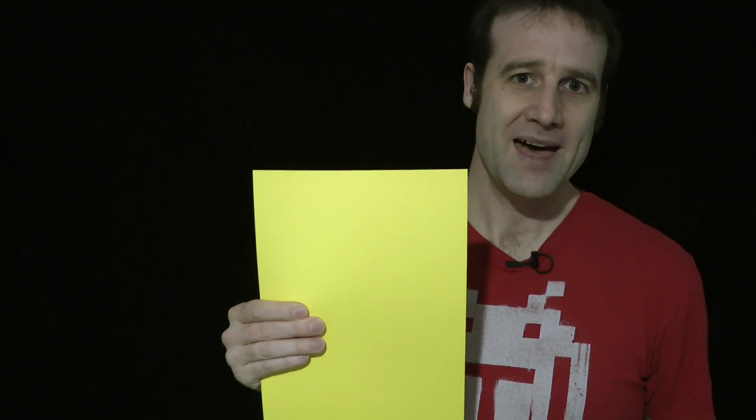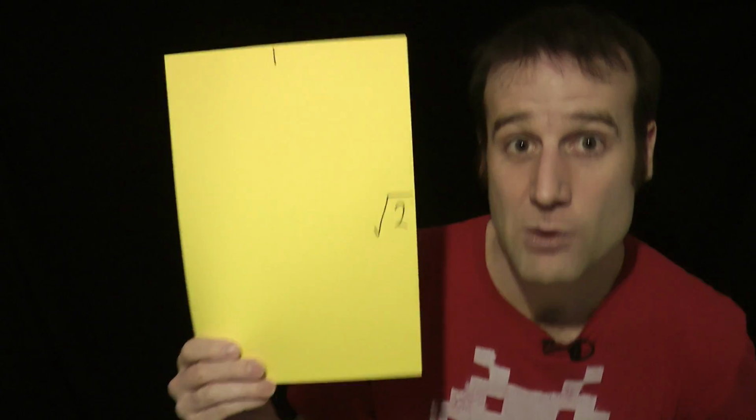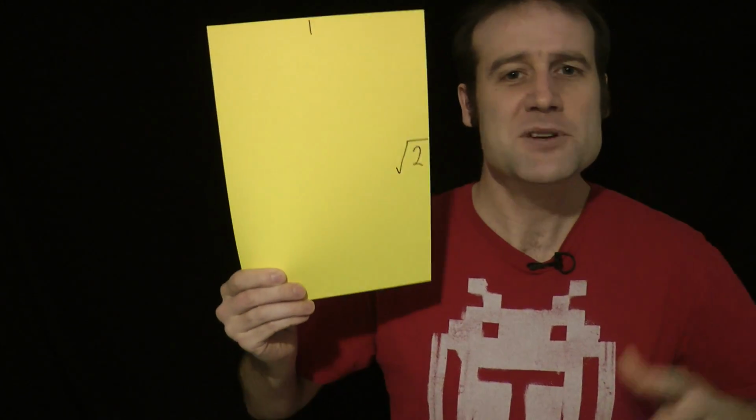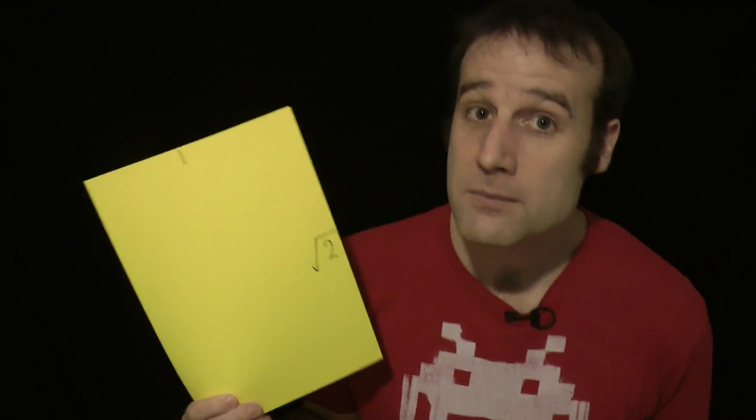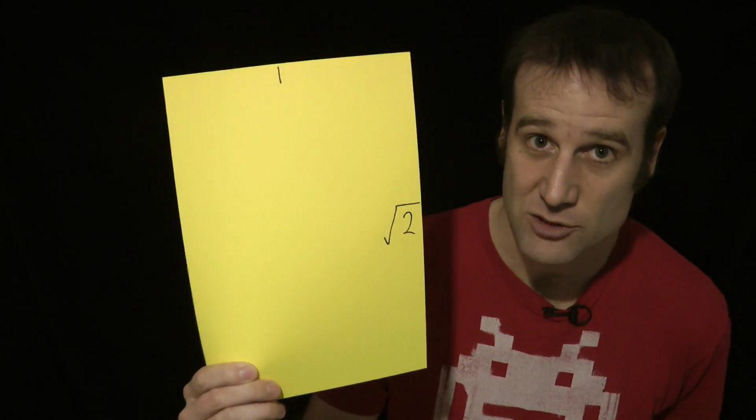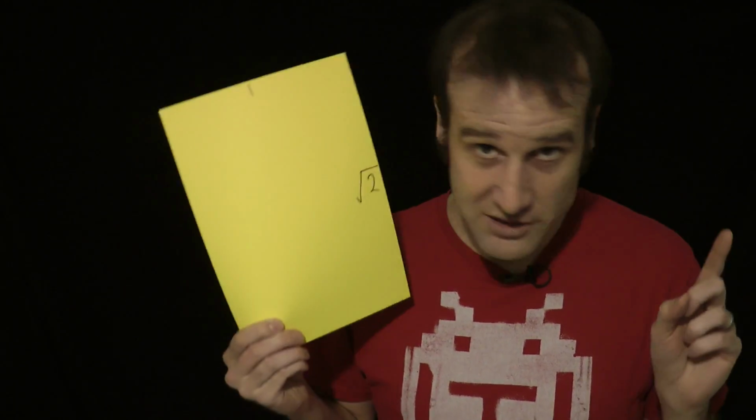Whereas in the rest of the world, our paper is such that if you had a single unit length across the top there, so let's say that's just 1, then the ratio to the side here is always exactly √2. And that's what we need for our puzzle today. But don't stress if you can't find some A4 paper. Merely pick up your nearest piece of freedom paper and just pretend it's this ratio. The puzzle will still work.